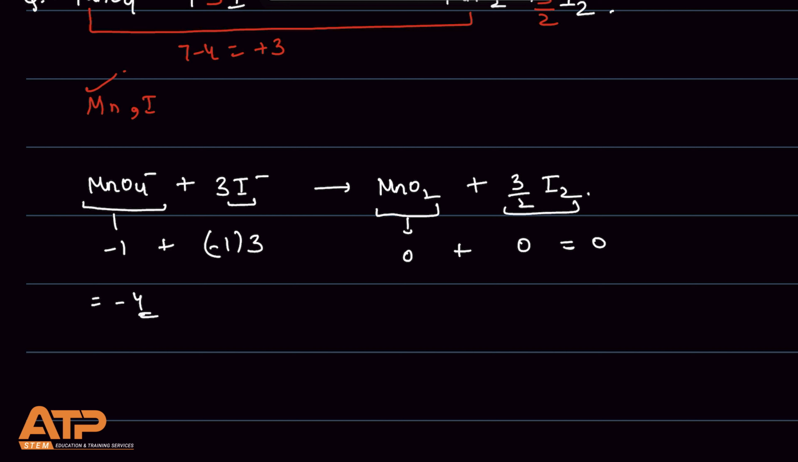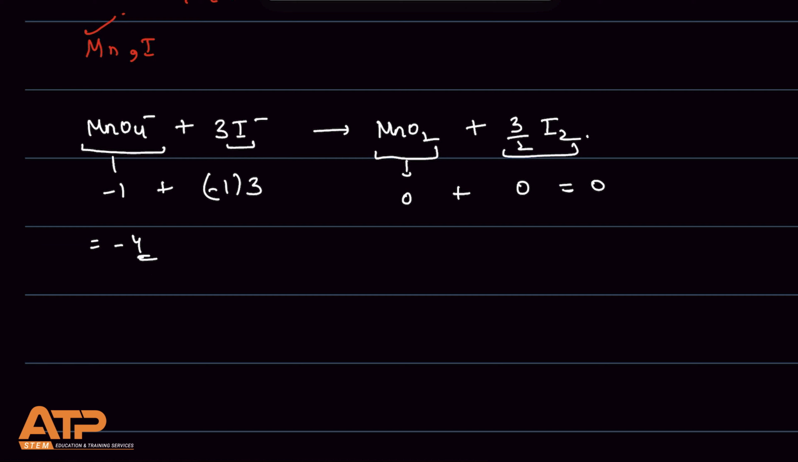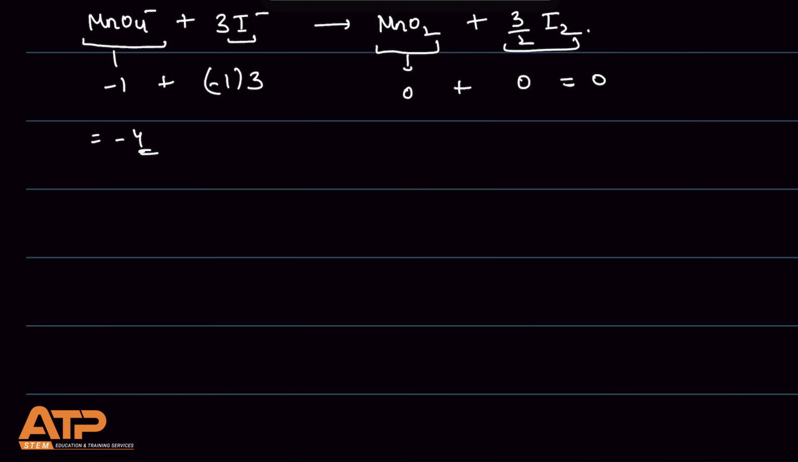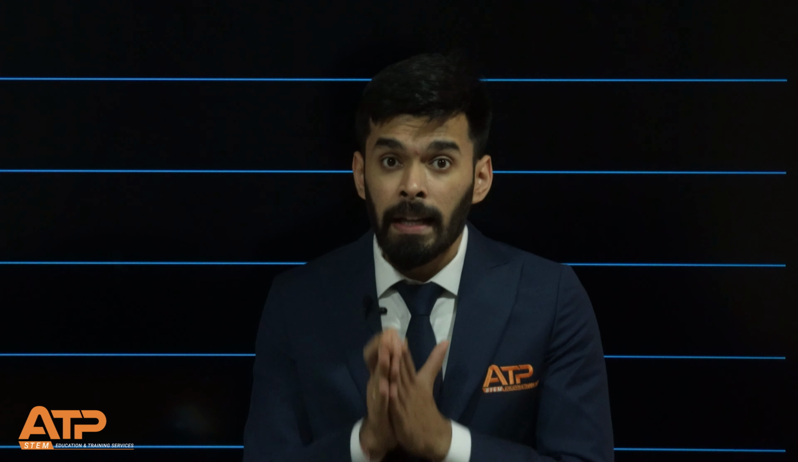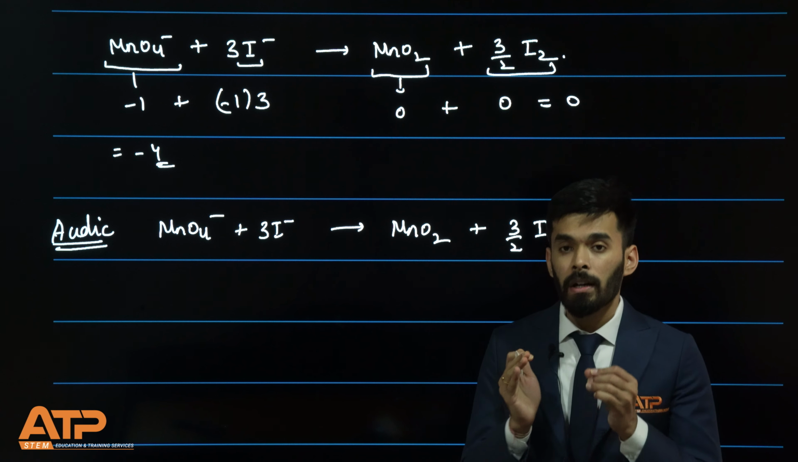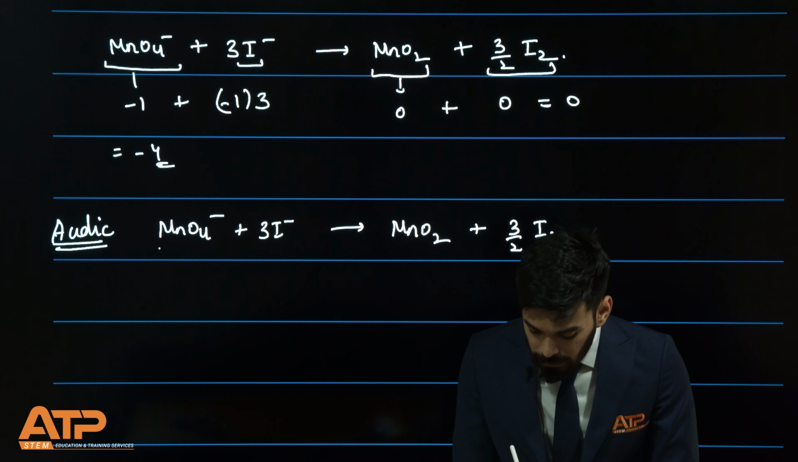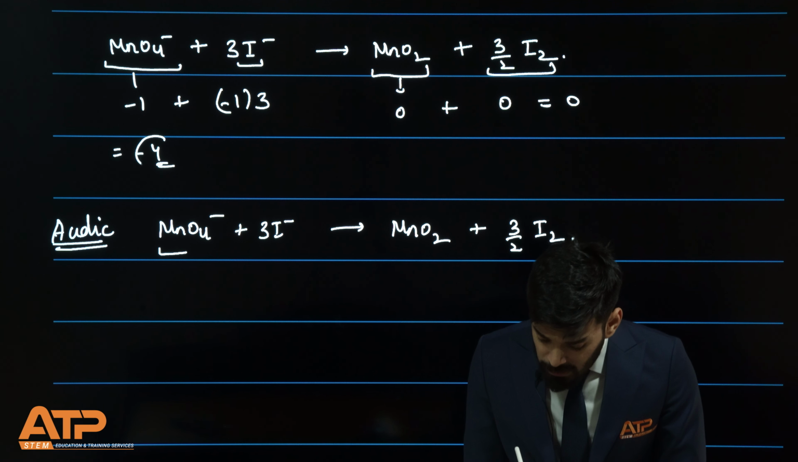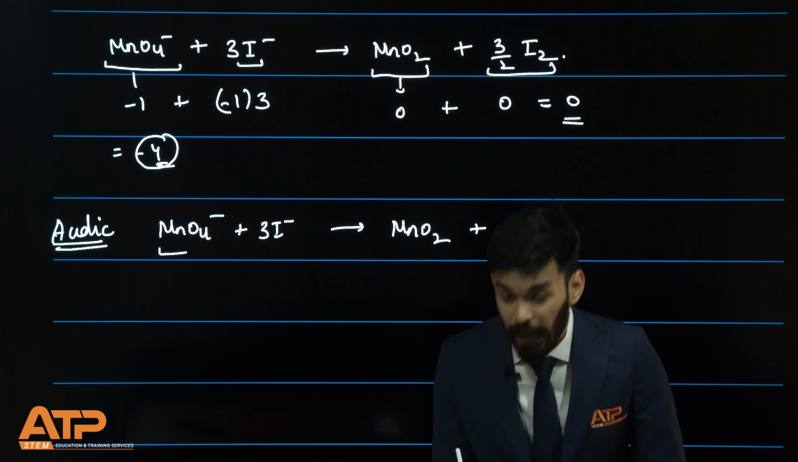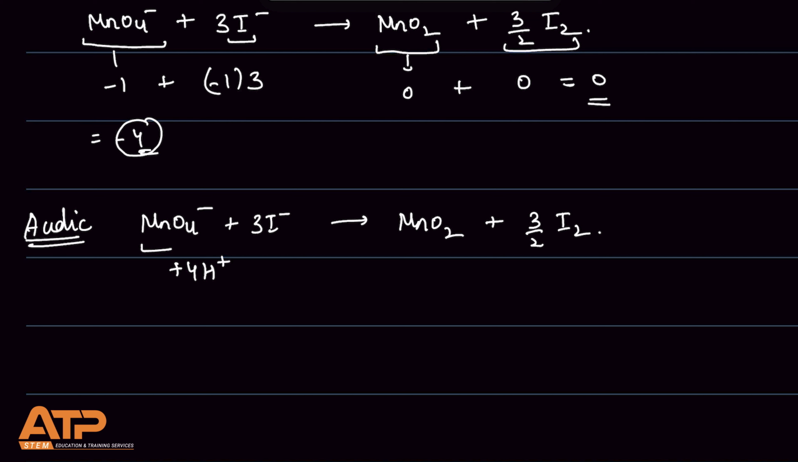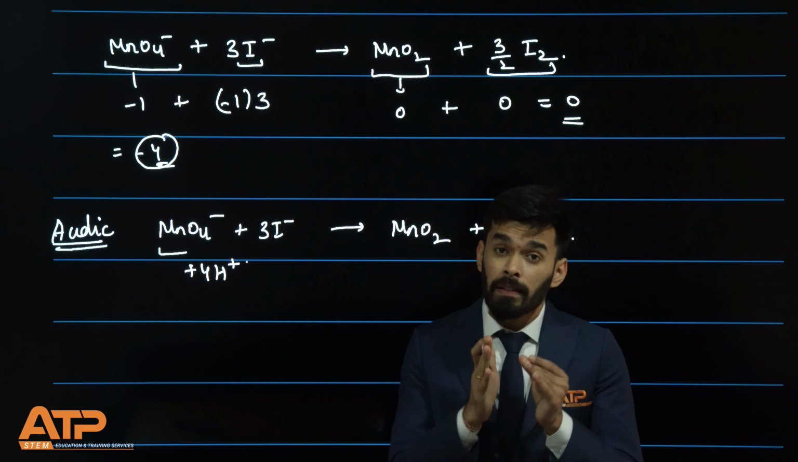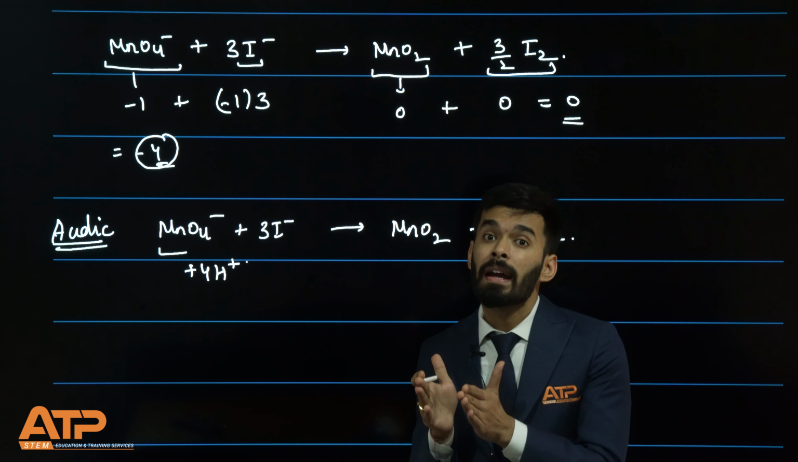If it is acidic medium, we will balance the charge using H+. Let's do that. So if the medium was acidic, I would have balanced charge using H+. As we know, on the reactant side, the net charge is -4, and on the product side, the net charge is 0. If I add 4H+ on the reactant side, the net charge on the reactant side will also